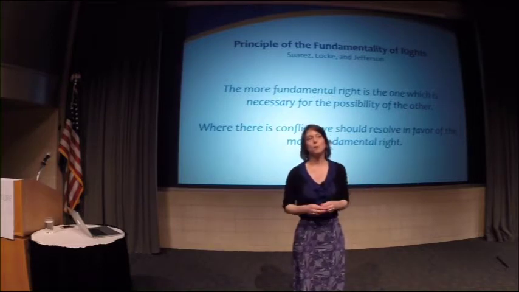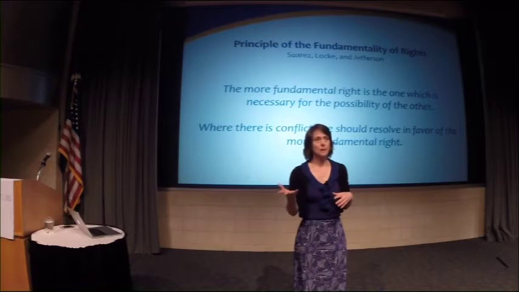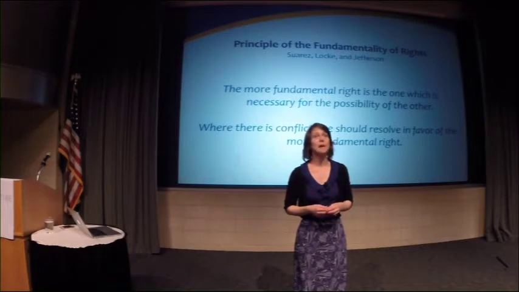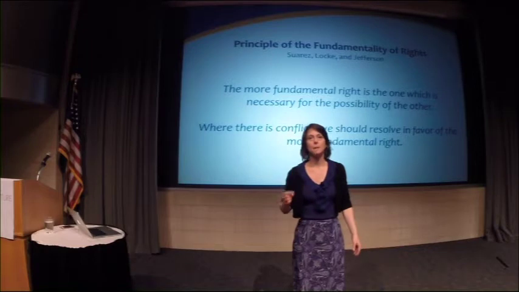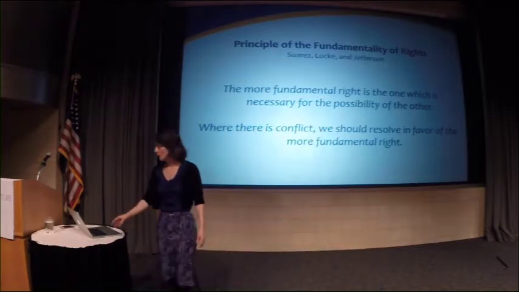And yet this principle was violated in Roe versus Wade with abortion. Because what we've done is we've claimed that a woman's liberty interest takes priority over the unborn child's natural right to life. But the natural right to life is necessary for the very possibility of the right to liberty. Without it, the right to liberty cannot be protected. There is a non-arbitrary, objective way of resolving this rights conflict. And if we say this is not important, that these are just concepts, that this is just theory, this is just abstract, it doesn't really matter in the end,